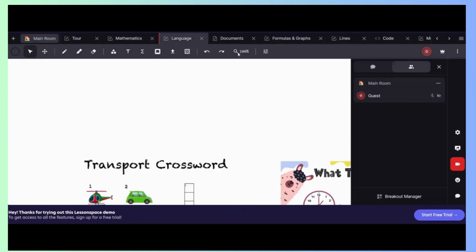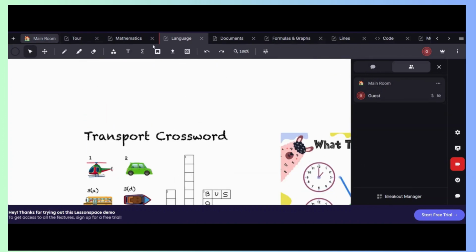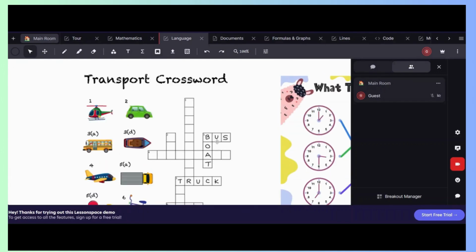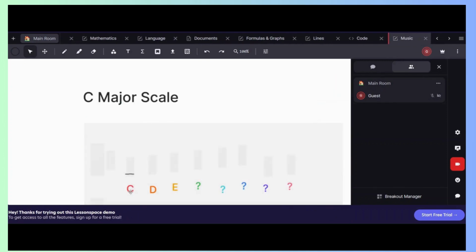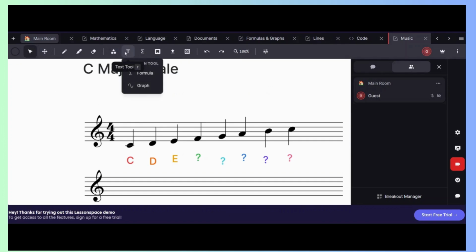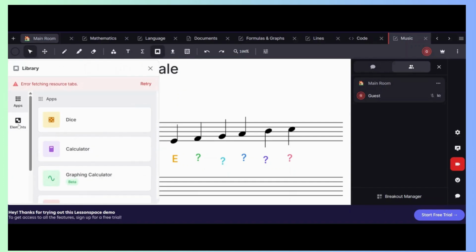It's just that raising your hand function. And they actually have a library, so if you have Lesson Space, there's a science, mathematics, English, music library with very cool resources already for you to use, that you can just click on the picture and it will appear. Let's just look here. Where is the library? There's a calculator tool, very cool elements.